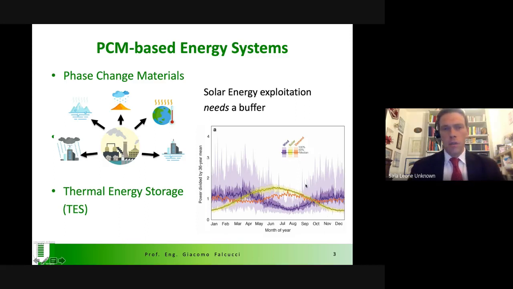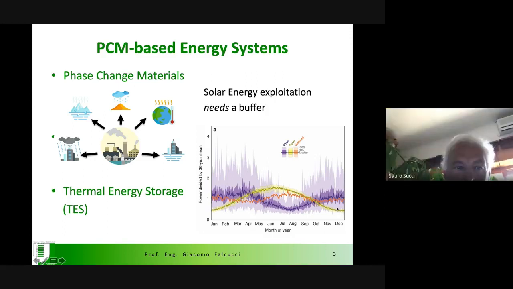This chart is referred to Italy, but all over the world you will have something very similar, in which you see that the energy demand, the orange line, is below the sun availability, energy availability for the hot months of the year in our hemisphere, but in the cold months there is a great lack in the availability of